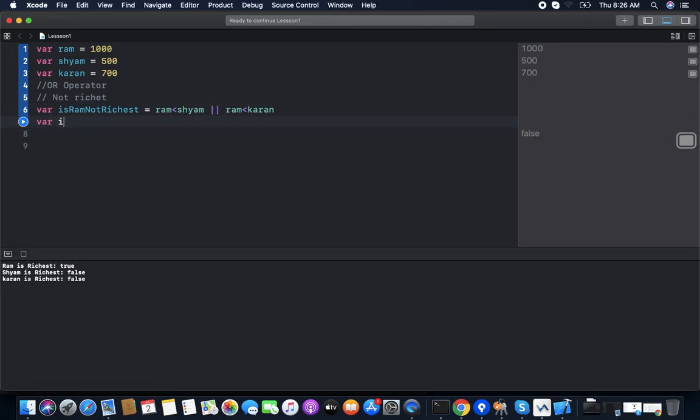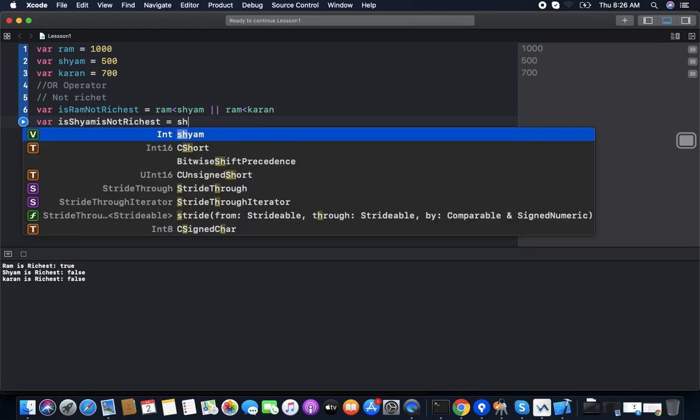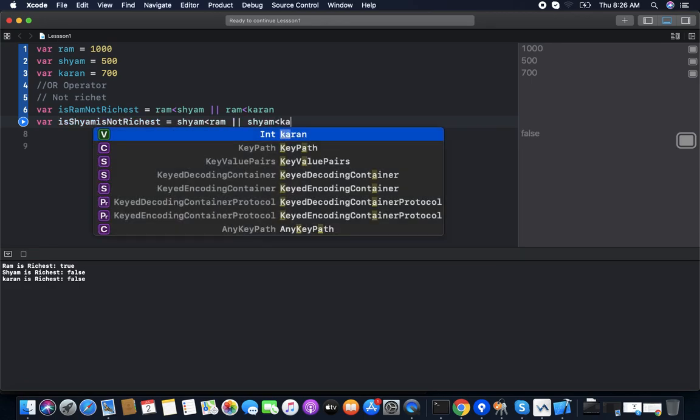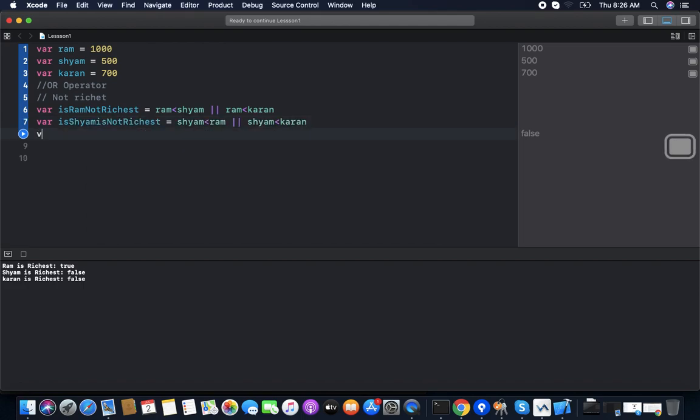Shyam is not richest. So we are checking Shyam. Shyam is less than Ram? Yeah, true. Shyam is less than Karan? Yeah, true. Is Karan not richest?